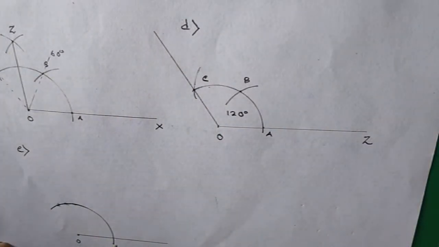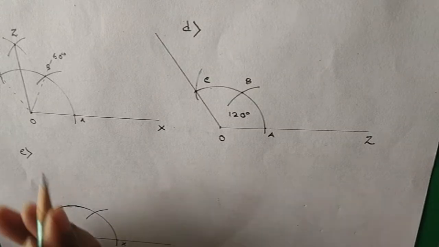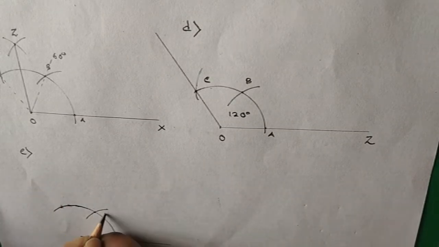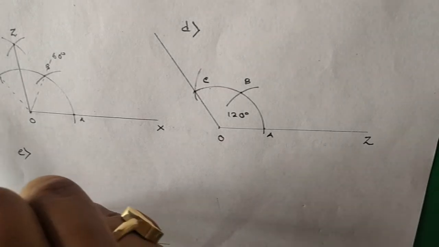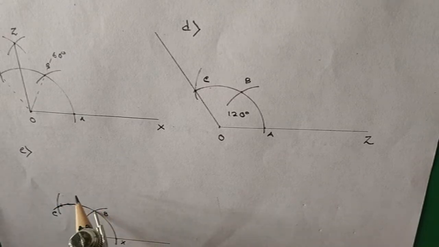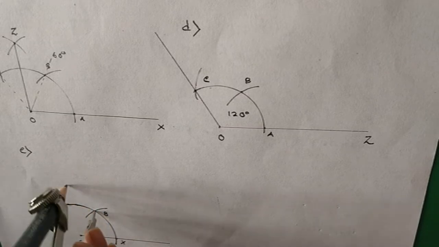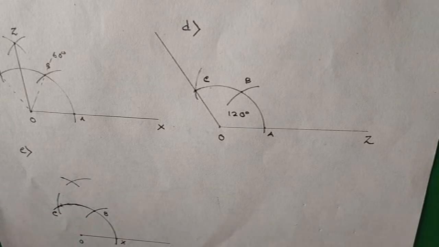See, this is point X. Now from X point you will draw an arc. This is 60 degree. See, this is point P. Again when you will cut second time, this is 120 degree, which is say point C. Now when we bisect B and C, means 60 degree and 120 degree, then we will get 90 degree, because 90 degree lies between 60 and 120 degree. So this is 90 degree.